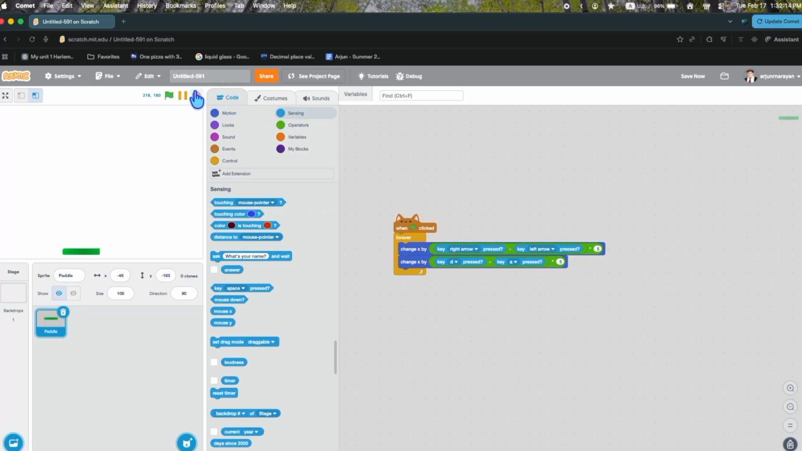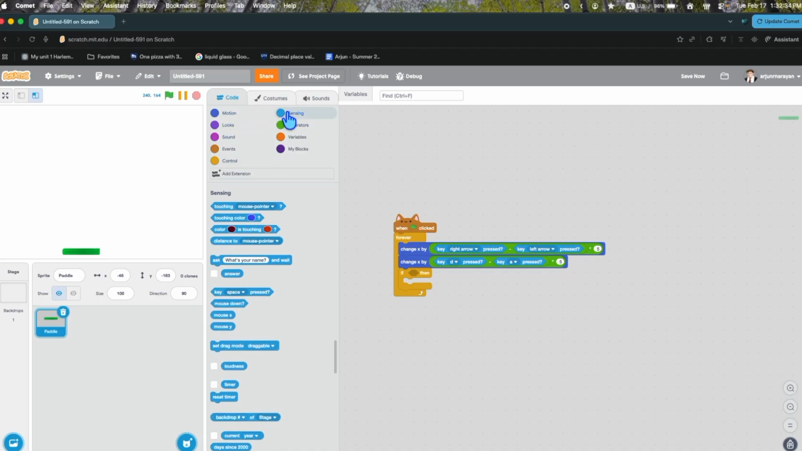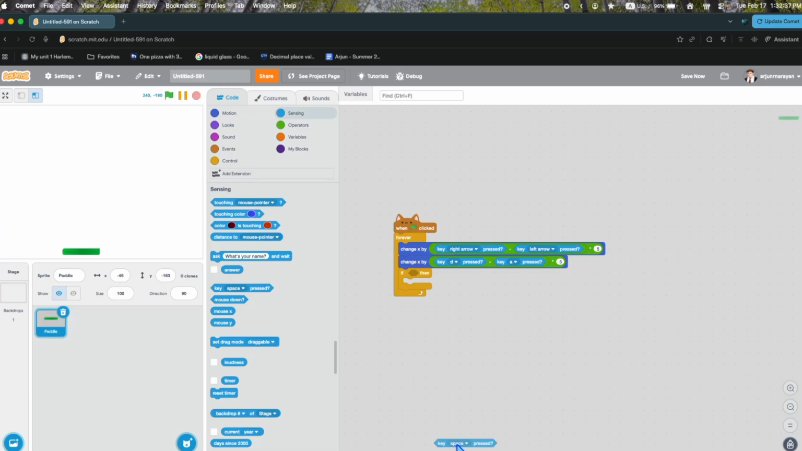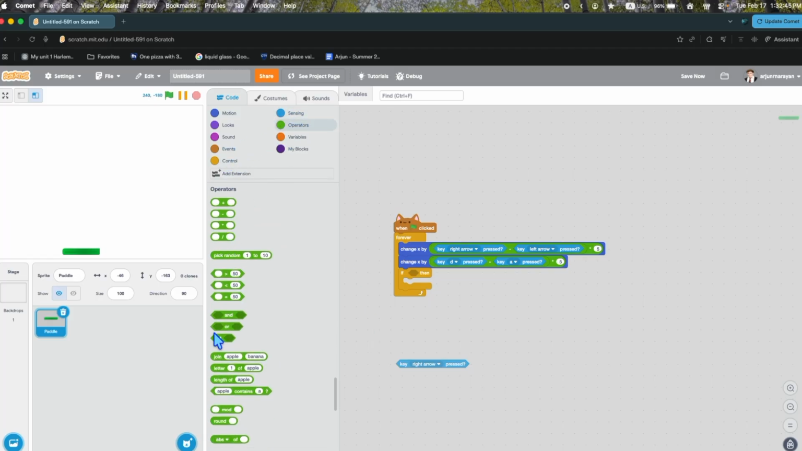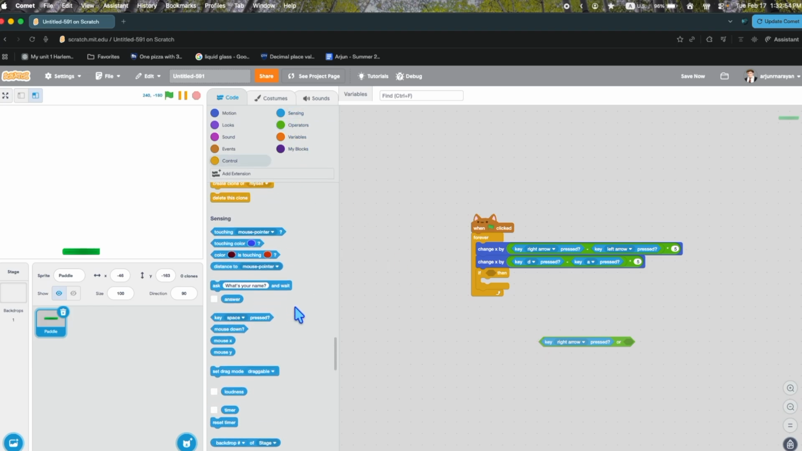And just so you can see that I'm clicking the keys, now this isn't necessary for the game, just to show you that both right, left, and D and A work. If key right pressed, or key left pressed,